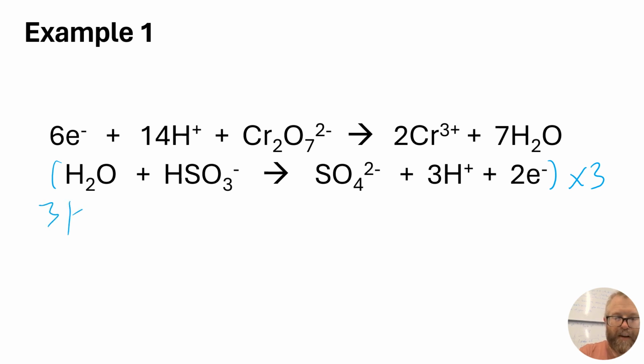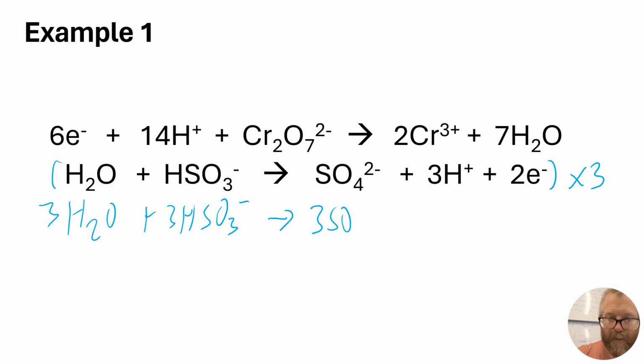So it's 3H2O plus 3HSO3 minus goes to 3SO4 2 minus plus 9H plus 6 electrons. Now the electrons are the same on each side, so I can add and cancel. So I'll cancel those out,